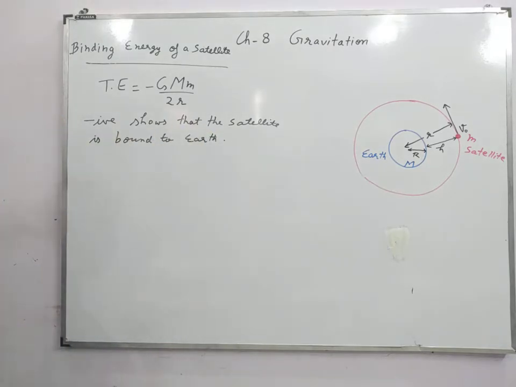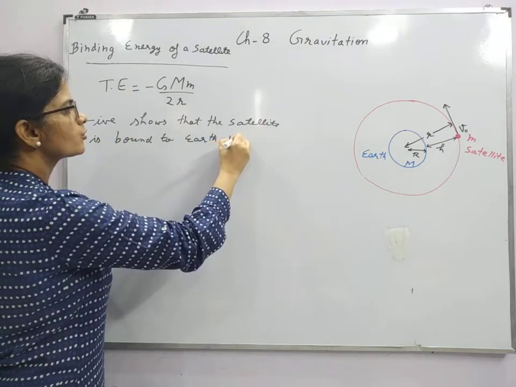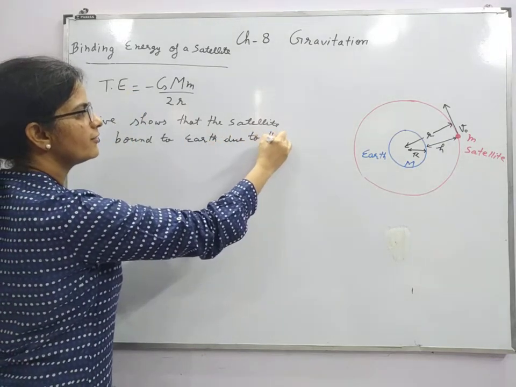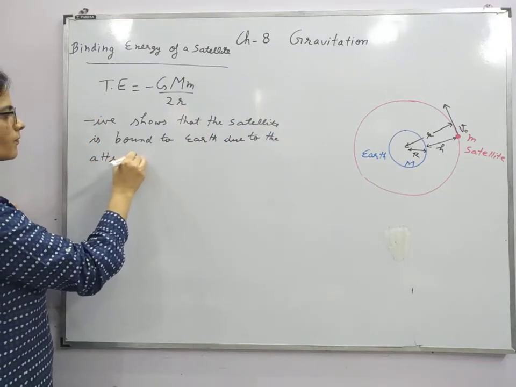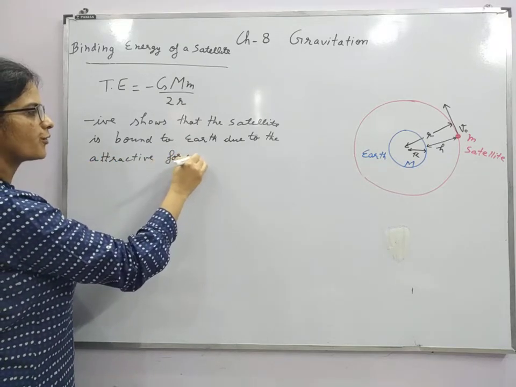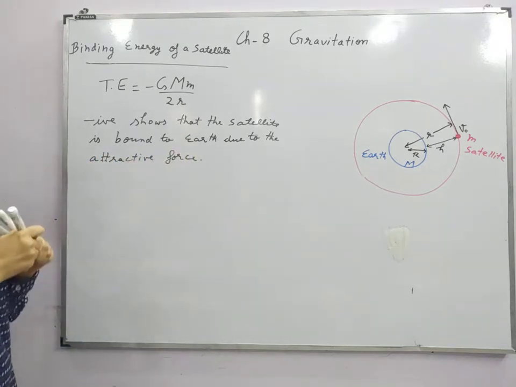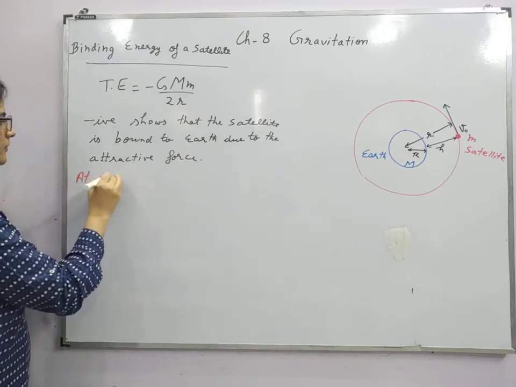So the binding is strong enough, and that means due to the attractive force. Right? And we know this is an important point which we are discussing now, that at infinity